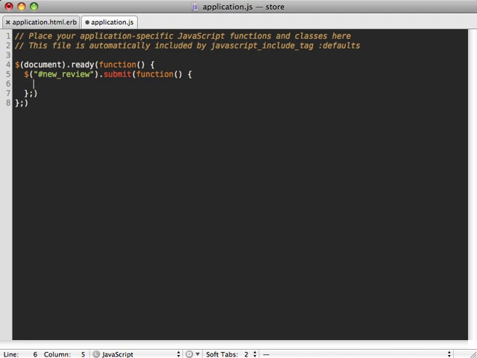And here we want to do an Ajax request, so we can do it with a simple post call, and we want to submit to the form's action attribute, which is the URL to the page we want to load. And the post data we want to pass is the form's serialized